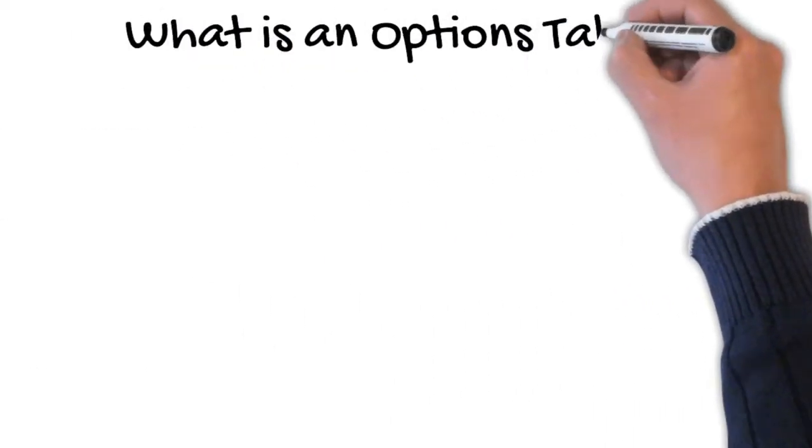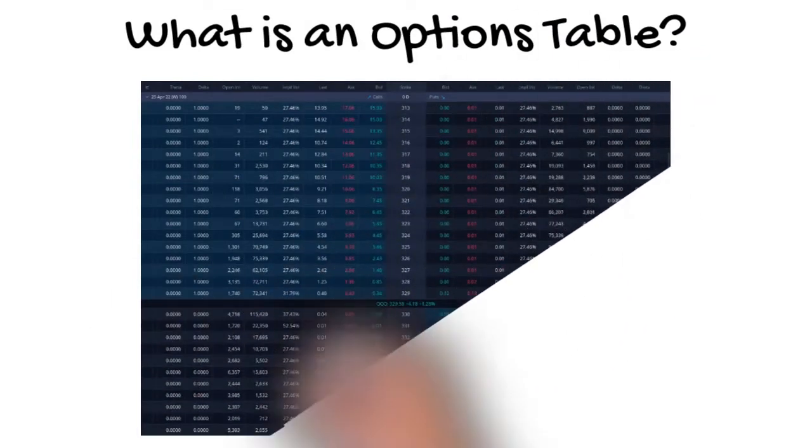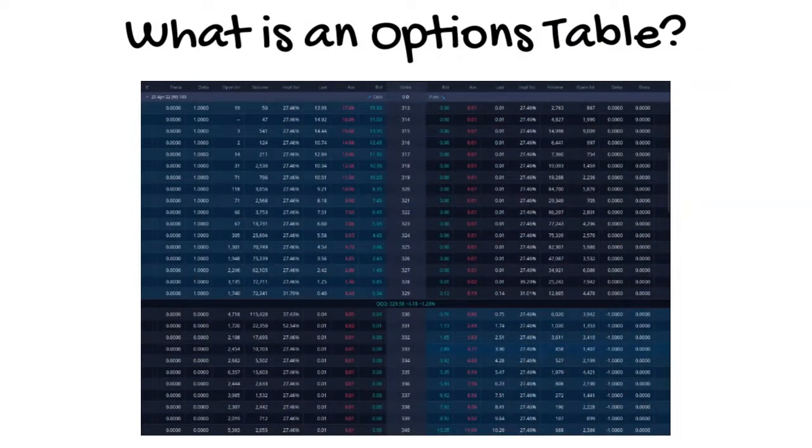On the last slide, I briefly mentioned something called an options table. You might have asked yourself, what is an options table? Well, here is a visual example of an options table. This is taken from Webull, which is a brokerage. Your options table is going to give you all the information you need to know about your particular options contracts. It's going to give you all of these important numbers that are columned out individually. It's going to give you your expiration dates, your strike prices, and so forth. All of this may look a little confusing, but let's break it down kind of column